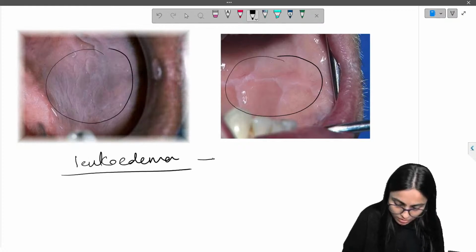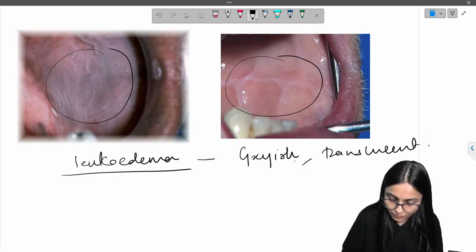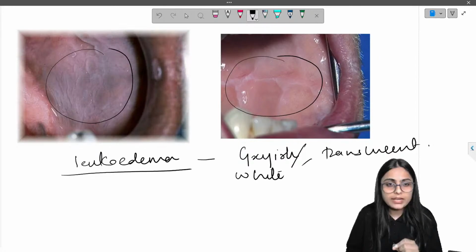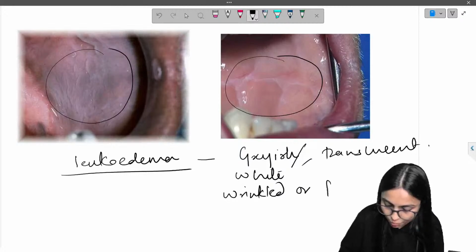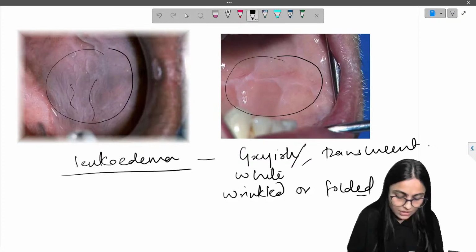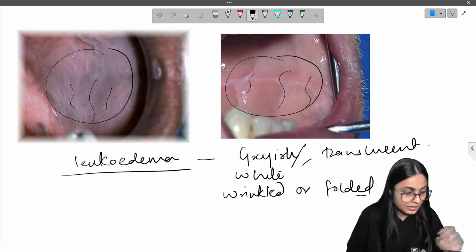So leukoedema is a grayish or white translucent lesion, right? The appearance is wrinkled or folded. Can you see this wrinkled appearance and folded appearance, right? Now,